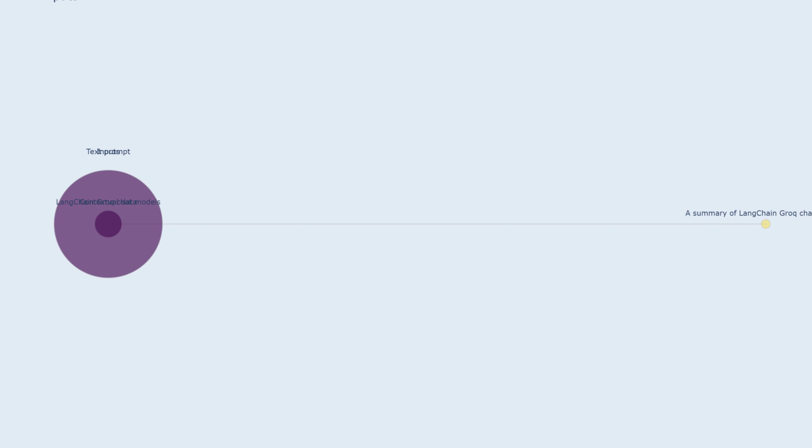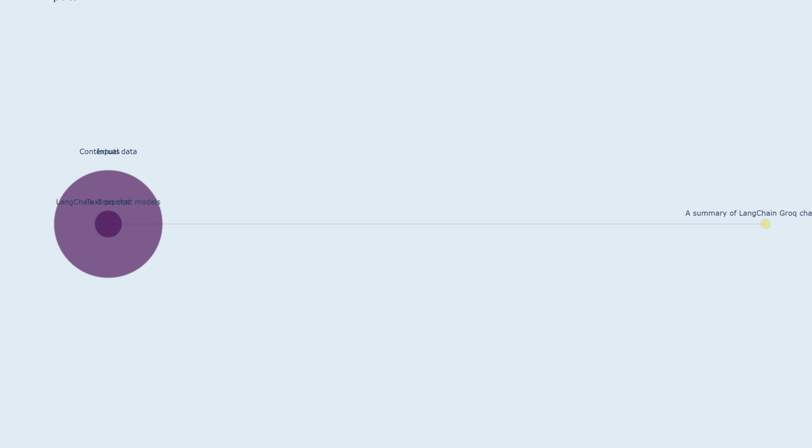Inputs. Text prompt refers to the user's input or question, which triggers the chat model's response generation process. For instance, a user might ask, "What is the capital of France?" Contextual data. This encompasses additional information that aids the model in understanding the prompt and providing a relevant response. This could include a document, a set of facts, or prior conversations.